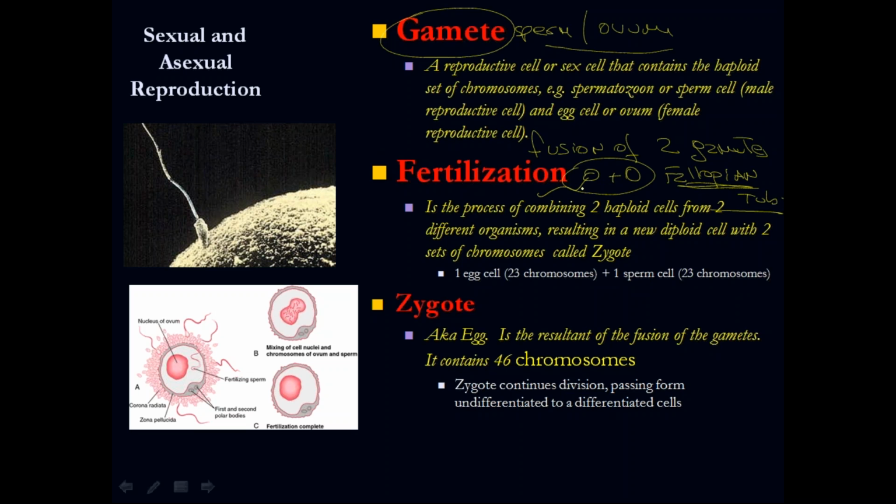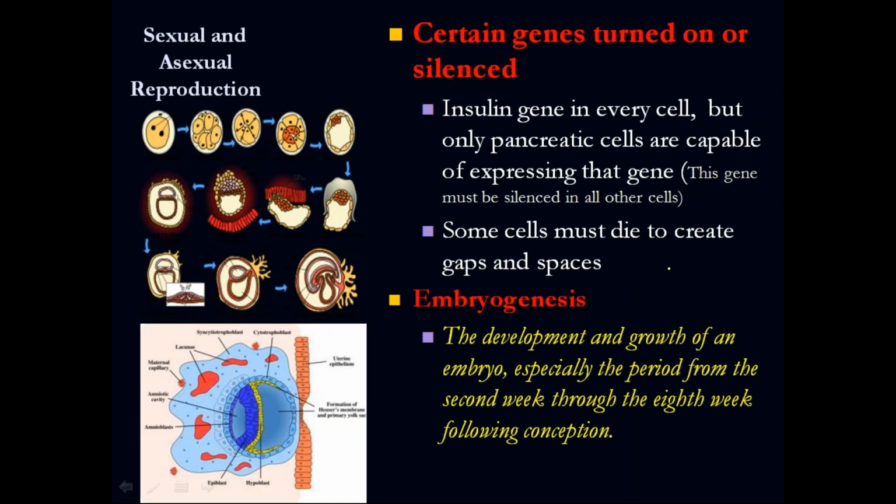Okay? So the fertilization, the fusion: the spermatozoid plus the ovum are going to lead into what we call the zygote. Zygote or egg are the same. Okay. So how many chromosomes do we have in the spermatozoid? N. How many chromosomes do we have in the ovum? N. So we have N plus N is 2N. So that is going to give a zygote with 2N chromosomes, 46 chromosomes. And they are going to start dividing and produce our system.